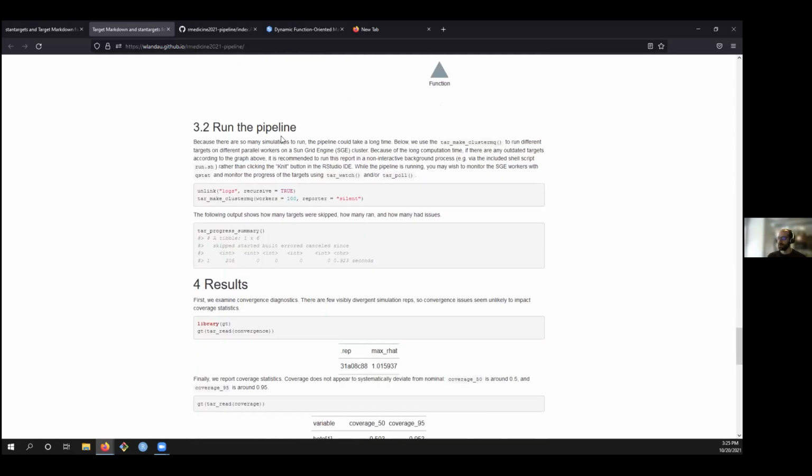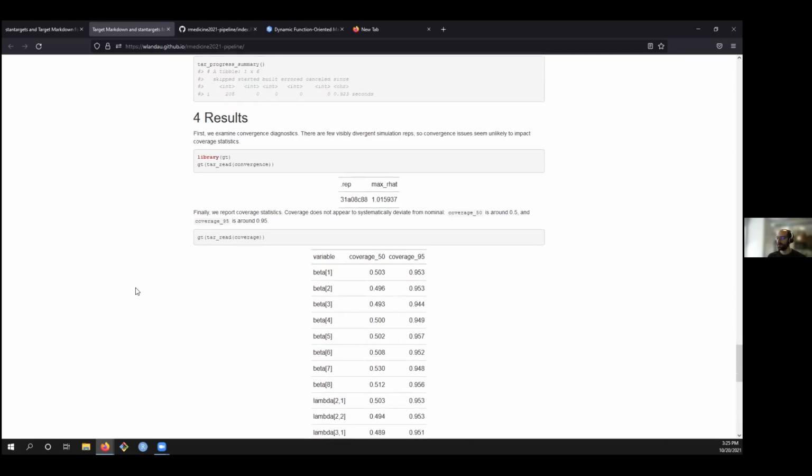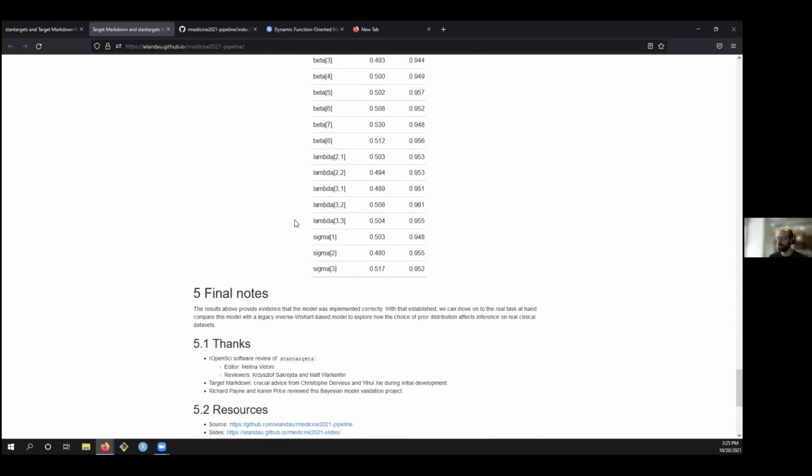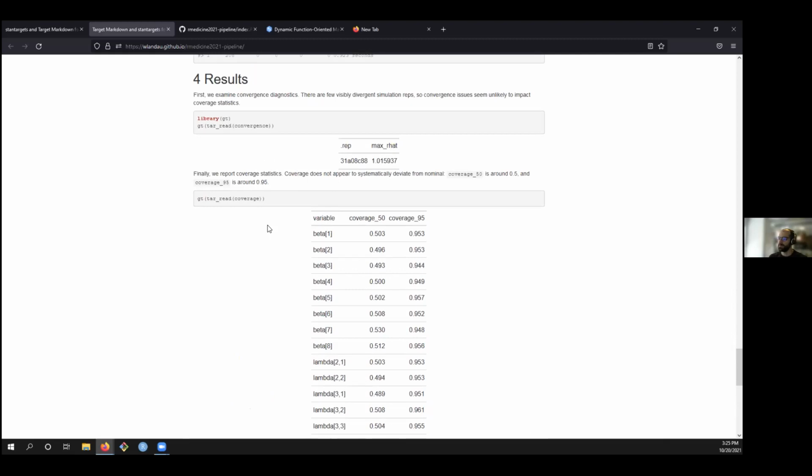And then down here, there's an optional section to run the pipeline, which takes the majority of the time. And the summarization steps are down here, which pretty much involve reading the targets from the data store and plotting them here. And the gt package helps these tables look nice.